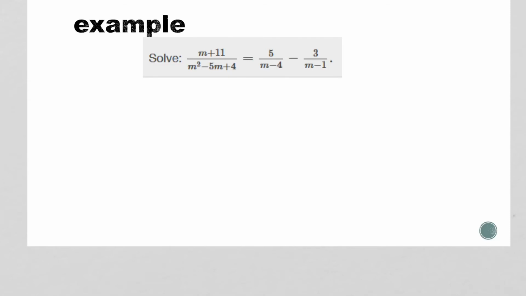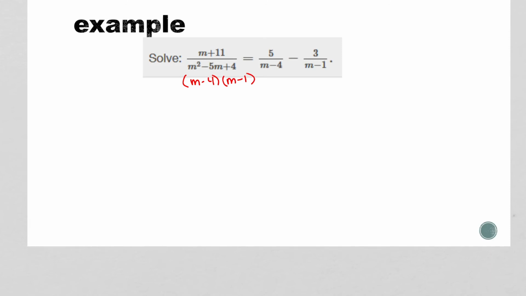Let's take a look at this problem. Okay, so the first thing you want to do is factor. So I need to factor this. Now, here's what I'm hoping for. I'm hoping that this factors to be these two factors. So I need to think about that. Multiplies to be positive 4, yep, adds up to be negative 4m and negative 5. Okay, so it does factor to be,